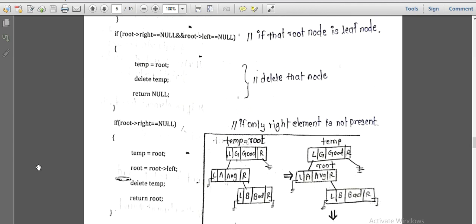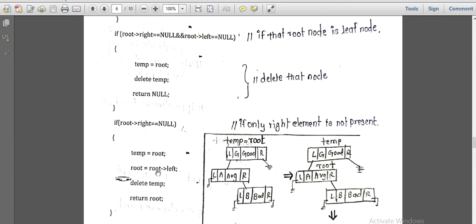Now suppose one of the children is null, meaning one child is present and the other child is null. If any child is null, meaning the node has a single child, then in that case make that root node a temp.